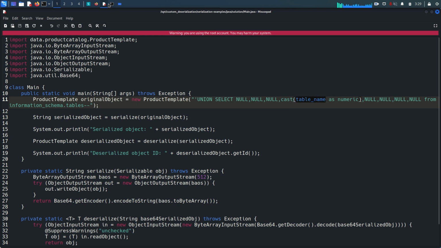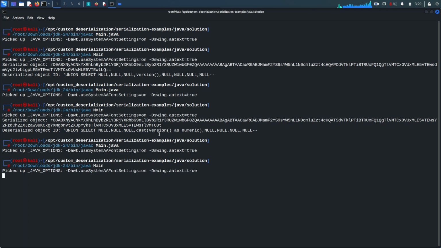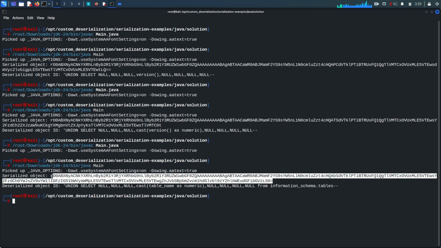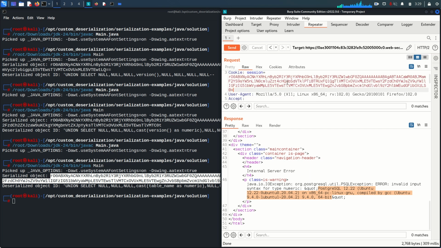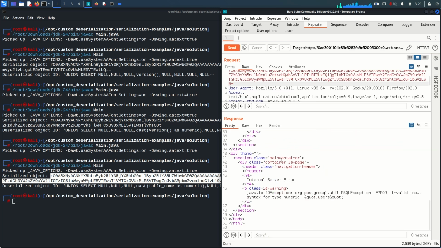Save this and back to the terminal, compile again, run again. So copy and paste that here, send, scroll down, and you can see within the quotes,